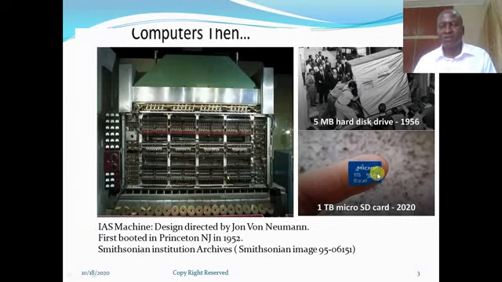But a quick fast forward to the bottom left will make you begin to wonder at how fast and rapid the world has moved. This is a 1 terabyte micro SD card, several million times bigger in capacity than a storage medium back in 1956, which was just 5 megabytes. Here you can see that the 1 terabyte micro SD card is just a few centimeters, about 1 inch long.